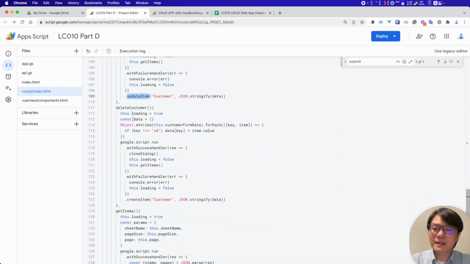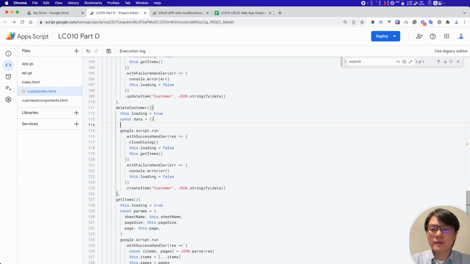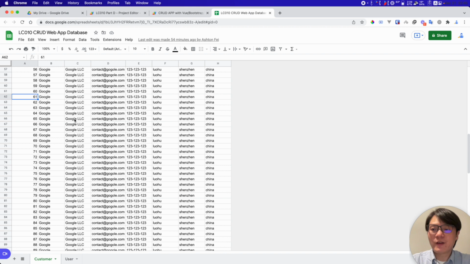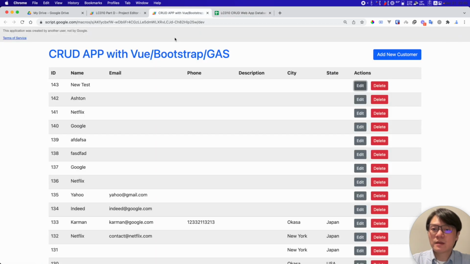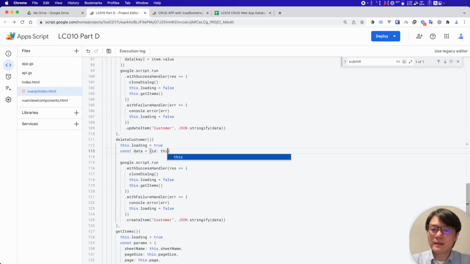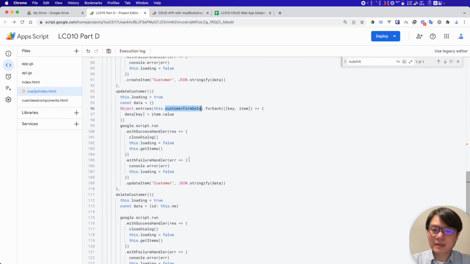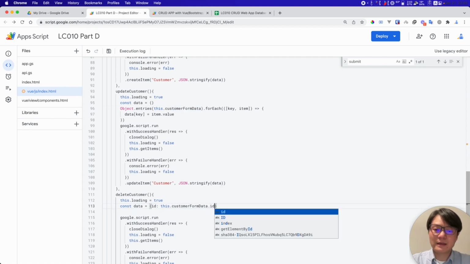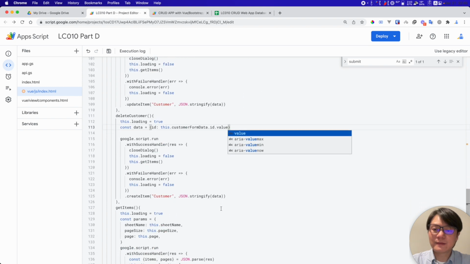So for delete customer, the data, I think we don't need all of these values. The only value we need is the ID, right? If we have this ID, we can find a record at our backend, and then we can delete it from our database. So the ID is going to be this.newCustomerForm, what is it called, customerFormData ID value. So this is the ID,